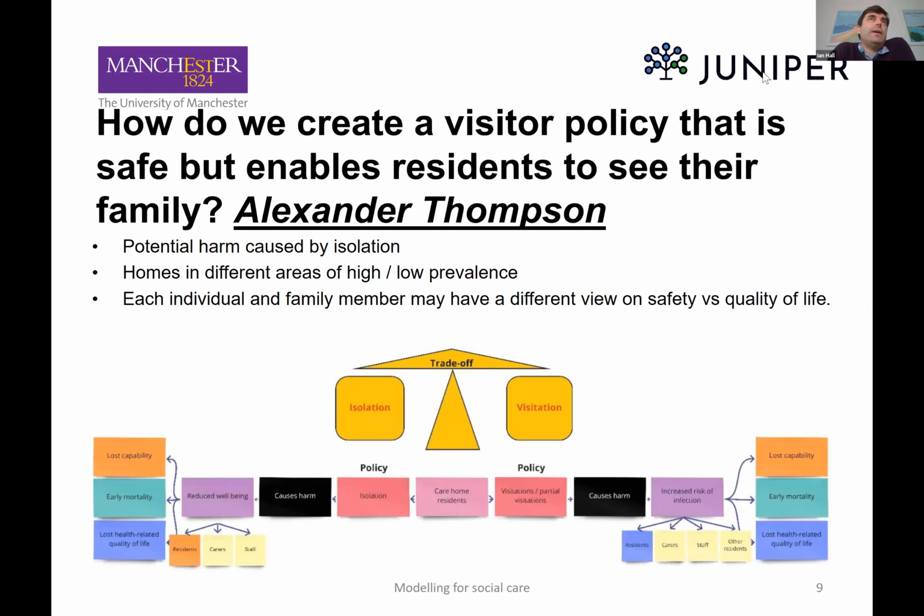And then we had, and this certainly comes back to some of the challenges around testing, even though it's looking at another aspect, in autumn 2020, we were asked what we thought about allowing visitors back. Visitors had been barred from many care homes through wave 1 because of testing, because of the dangers of bringing the disease in. But the residents were starting to feel isolated, and so there was a benefit to